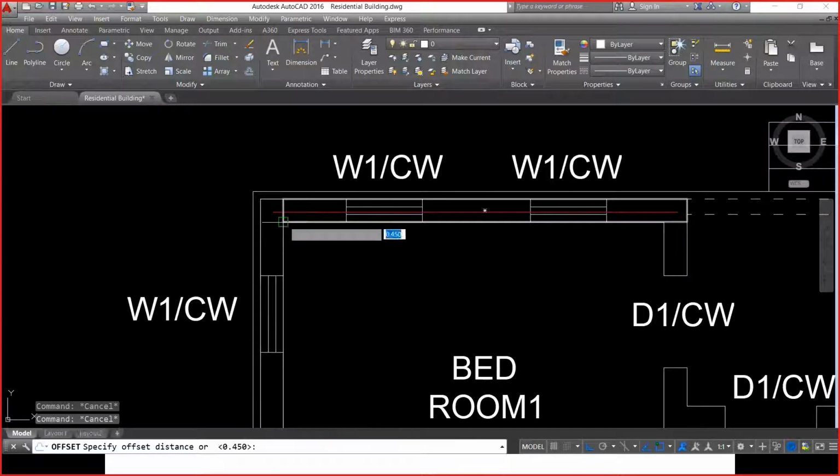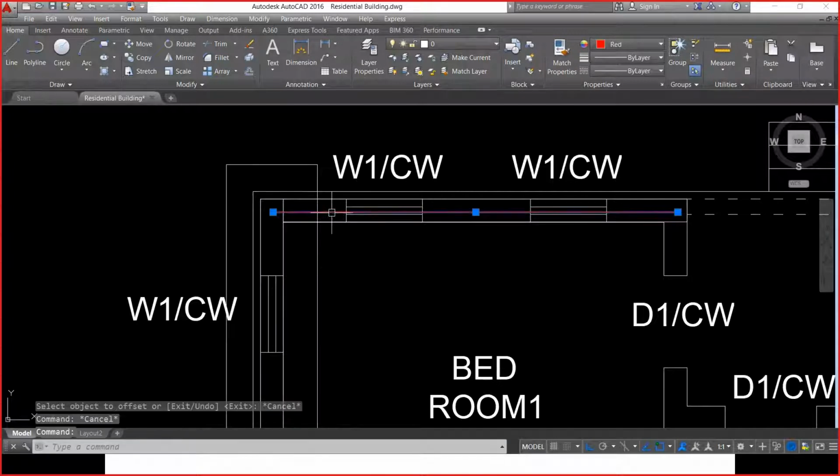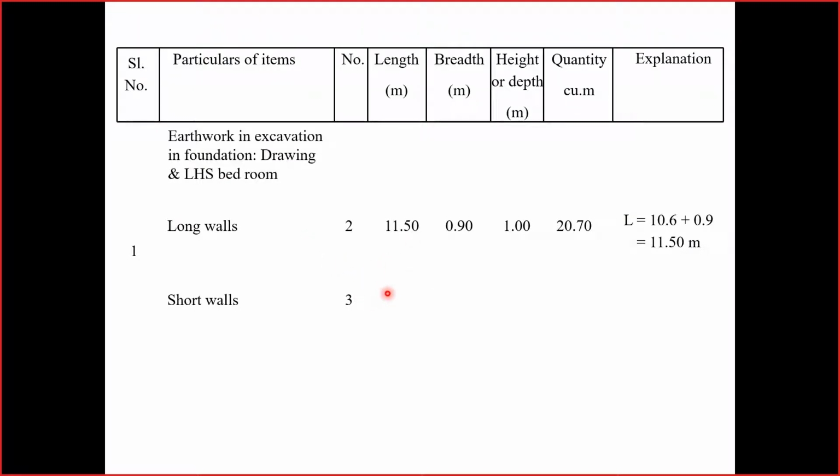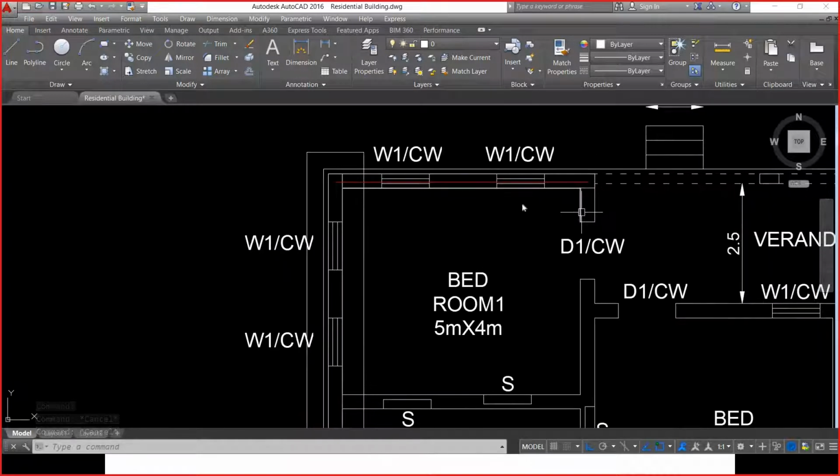So let's say this portion is already done. So I need to start my excavation right from here, this portion, not from here, because this is the center to center distance. In order to calculate the length, what I have to do: 5.3 meter is the center to center distance, minus 0.9 by 2, this distance is 0.9 by 2 on the left hand side, and here also I have done the excavation because